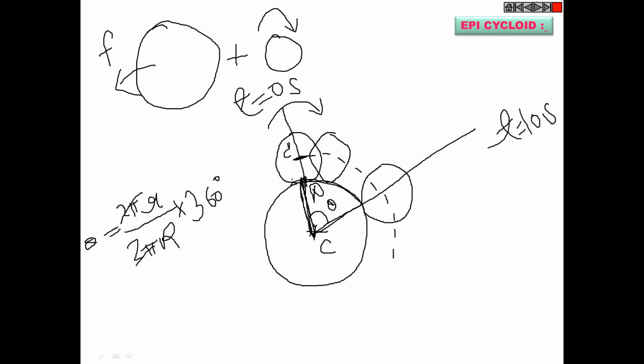Okay, this is the center line of the smaller circle for one complete rotation. So the center points of all the circles, when the smaller circle has rotated through 360 degrees, will lie on that common center line. Let us assume that this is the new center point, say C1, of this particular circle. Fine.